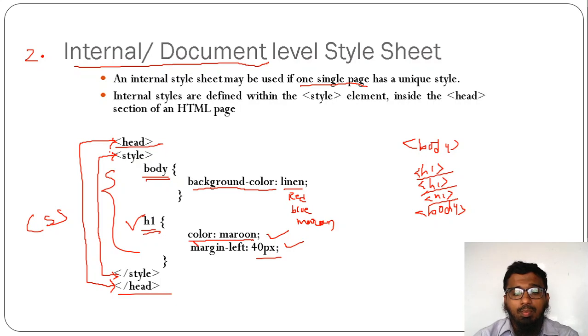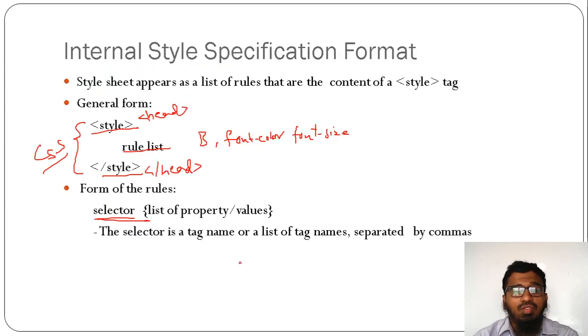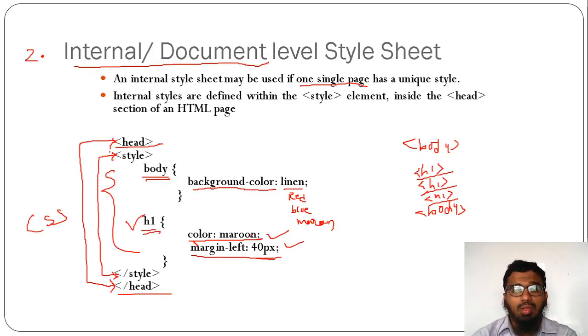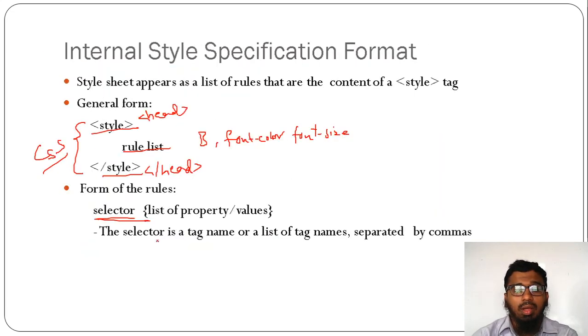So I have two properties. One is color, another one is margin left. So, a list of the properties and values. Next, the selector is a tag name or a list of tag names separated by comma. So here, semicolon, and the selector is a tag name, or a list of the tag names separated